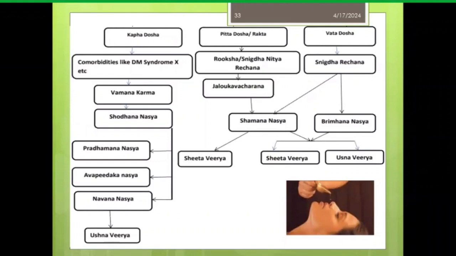When the patient comes to you in an extreme climate, like Grishma Rutu, with a very hot climate, like now, where too much heat is there and the temperature has increased. In this condition, you may say that Vata is Shita, and we have to plan always for Ushna. But I differ from this observation and plan. I would say that Shita Virya Dravya is much more beneficial. We'll discuss that,